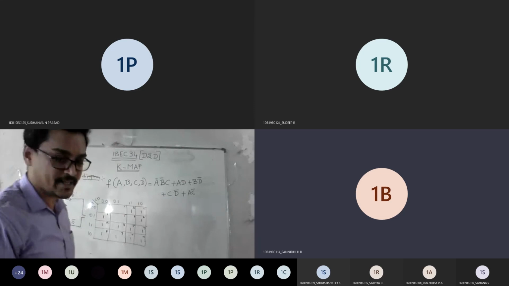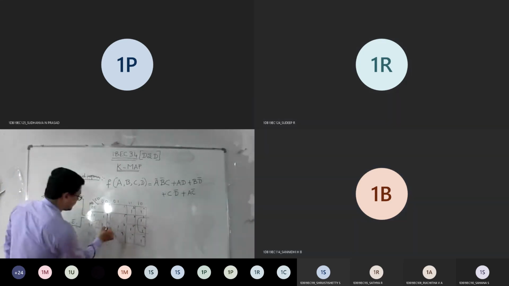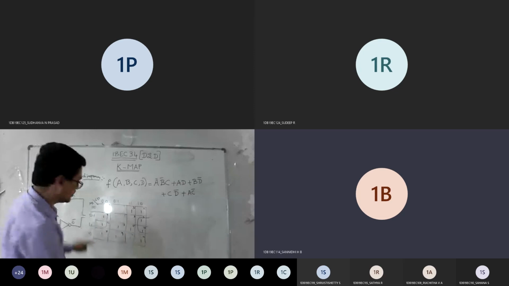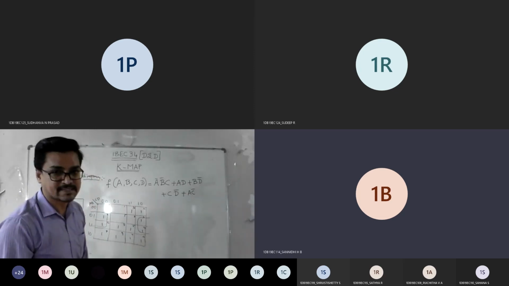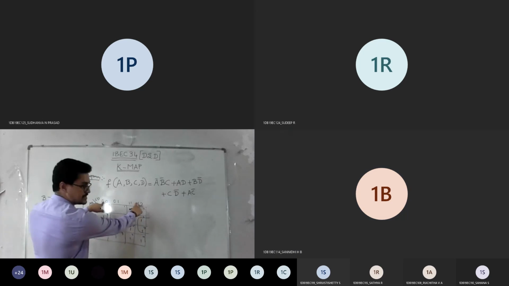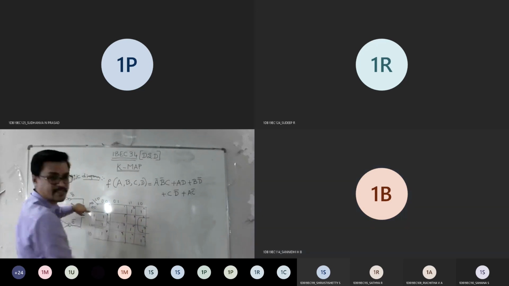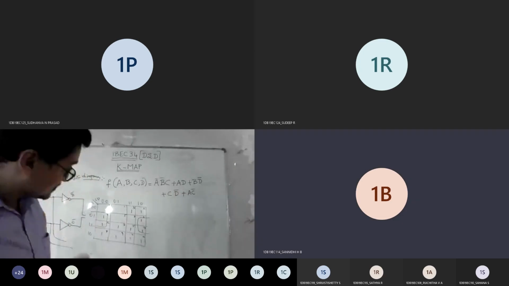Not 6 plus 14, yeah, it's a quad. 6, 4 and 1, 1 combination. This is a quad, right? If you fold this, it will tell you the common term is D bar, and this will tell you the common term is B. That's why I wrote B D bar. Understood? Yes, sir.